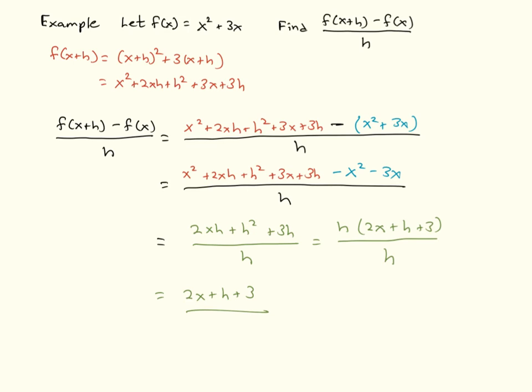Because what happens at this point, you'll notice I have an x squared and a minus x squared, so those will cancel out. And same thing with a minus 3x and a 3x. Those drop off. When you're dealing with an f of x that's a polynomial like that, when you go through and simplify this, everything without an h should drop off of the numerator. So what I'm left with once I simplify that is 2xh plus h squared plus 3h